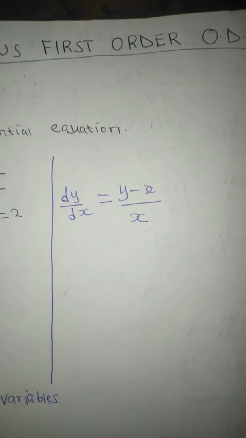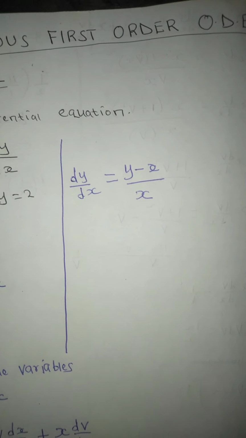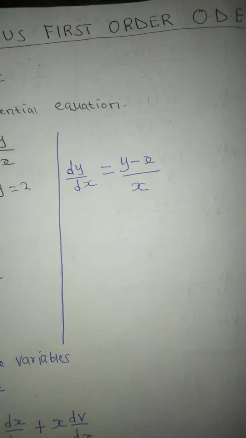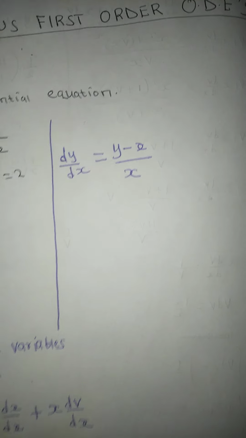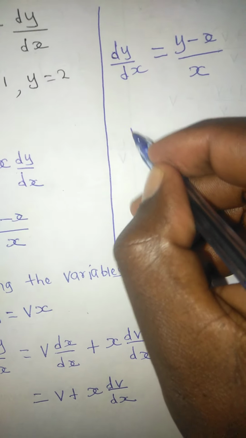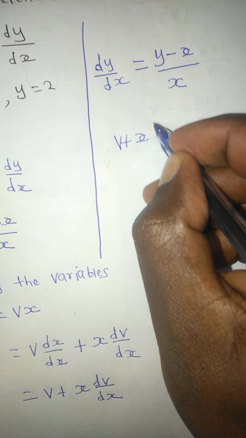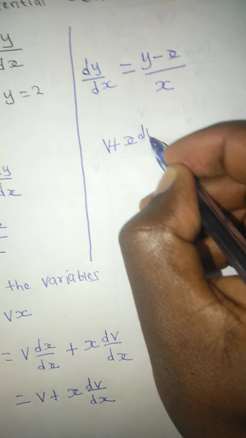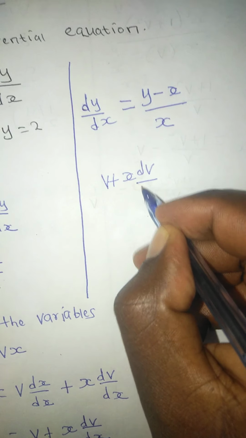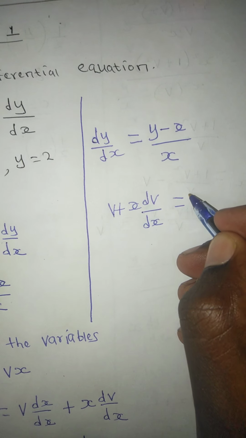This is the question, but now we have found dy over dx. We have found dy over dx, whereby dy over dx is this, so it will be v plus x dv over dx is equal to,